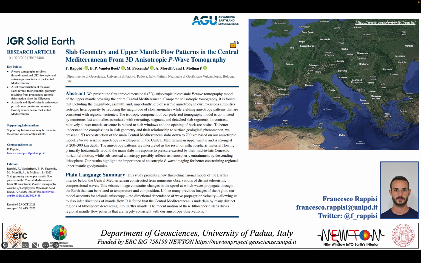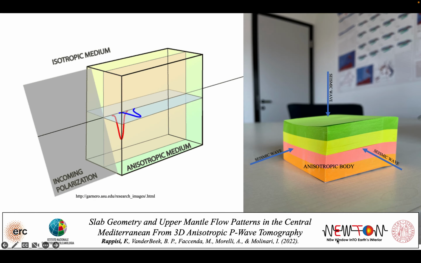Several seismic tomography models have been proposed over the last decades. However, although several authors have shown that the isotropic approximation introduces artifacts into the tomographic image, most of these previous studies neglected seismic anisotropy. But what is seismic anisotropy? Well, the simplest definition says that seismic anisotropy is the dependence of wave velocity on propagation direction. That is, a wave that is traveling through an anisotropic body will travel at different velocities depending on the direction